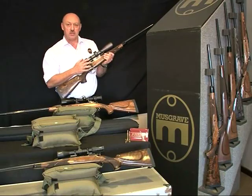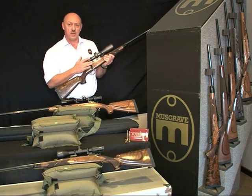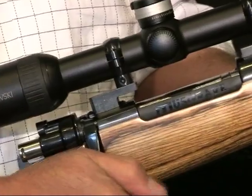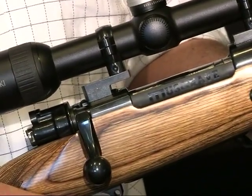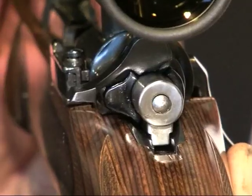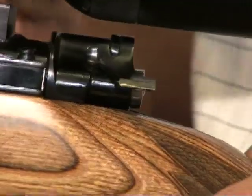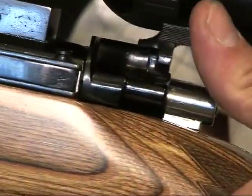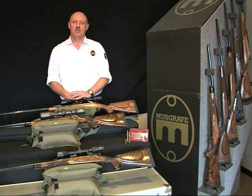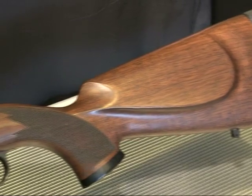We manufacture the Musgraves on the proven K98 system. Our actions are particularly the VZ24 Bruno action, one of the best Mauser actions ever produced. They also all come with the 45-degree safety fitted, which aids in letting you clear your telescopic sight when you engage the safety. The field version of the Musgrave rifle has a good quality Turkish walnut wood stock